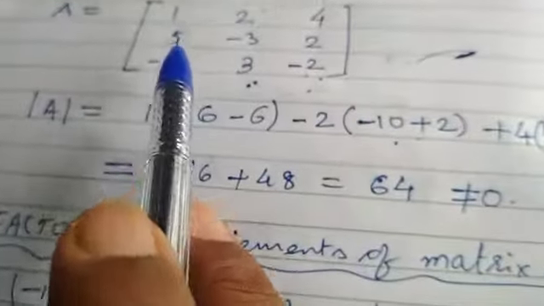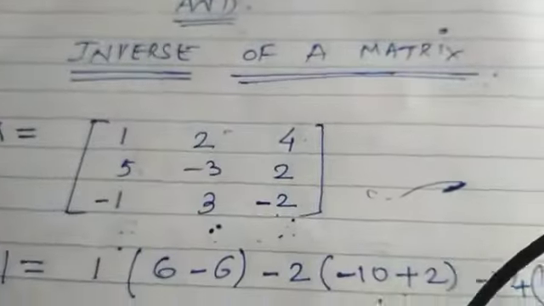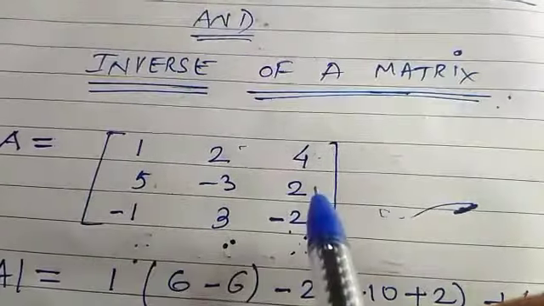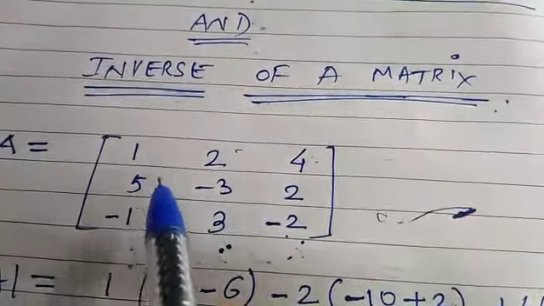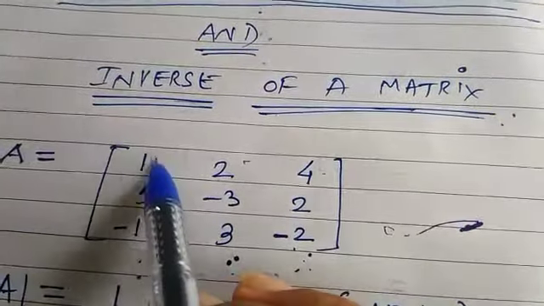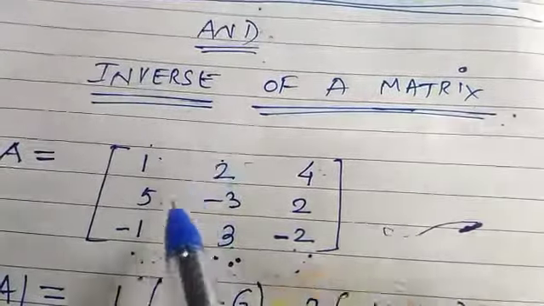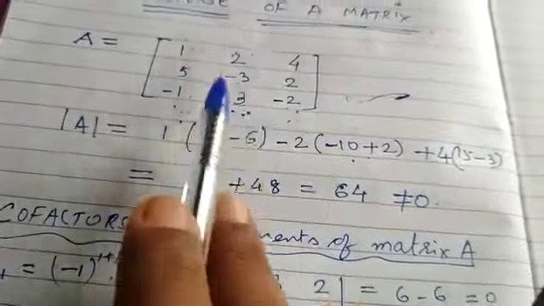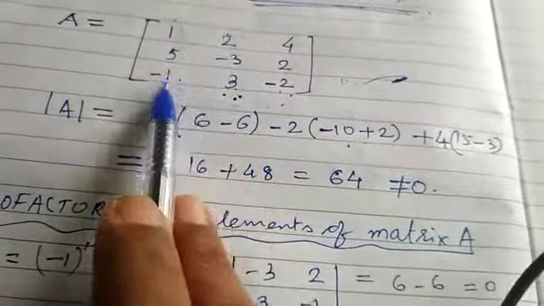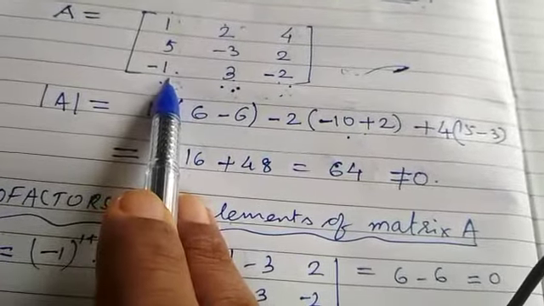Second row, third column. What is second row, third column? So we are leaving second row and third column. So we are getting 1, 2, minus 1, 3. So it is 3 plus 2. That means this is 3, second row, third column. This is 3 into 1, minus of minus 2 plus 2. Okay, 3 plus 2 will be 5. That too with the odd location, it will be minus 5.